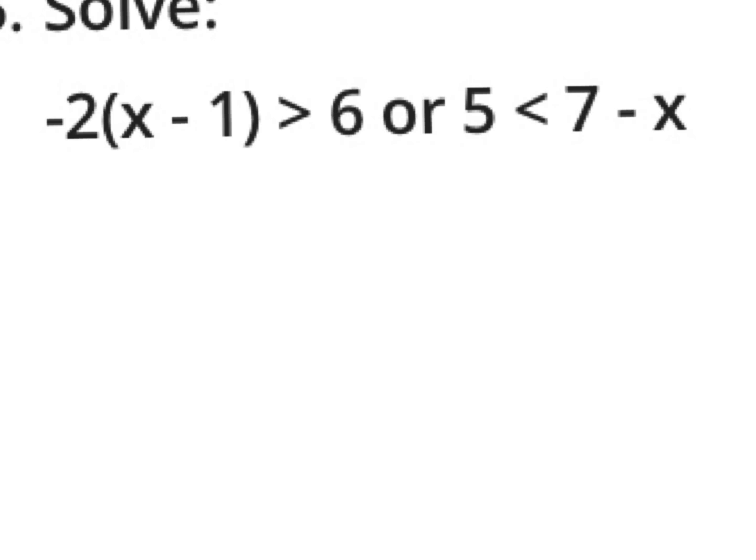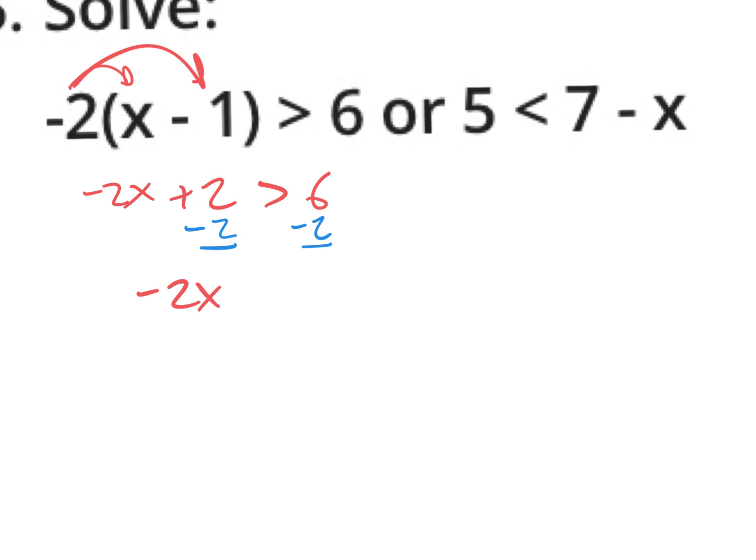Right here, you are going to distribute it. They're not absolute values. You're distributing negative 2 times x, negative 2x, negative 2 times negative 1, positive 2. Bring down the greater than, bring down the 6. Then you're going to get rid of the plus 2 by doing a minus 2. What you do to one side, do to the other. You end up with negative 2x is greater than 4, which is really saying negative 2 times x is greater than 4. So you are going to divide by negative 2, divide by negative 2, and you'll get x is